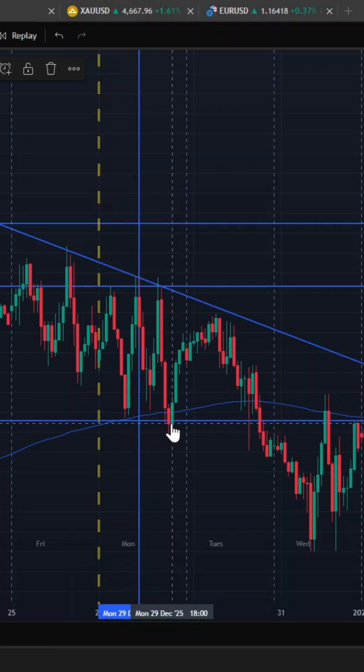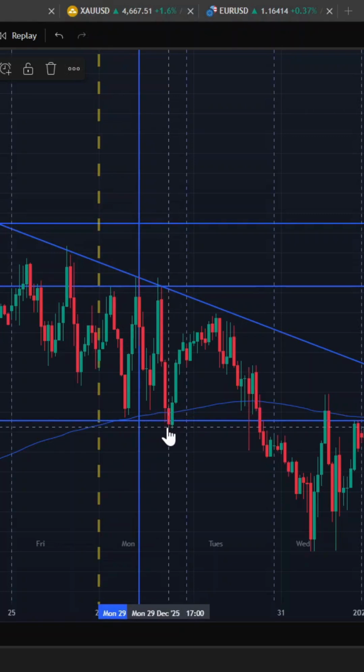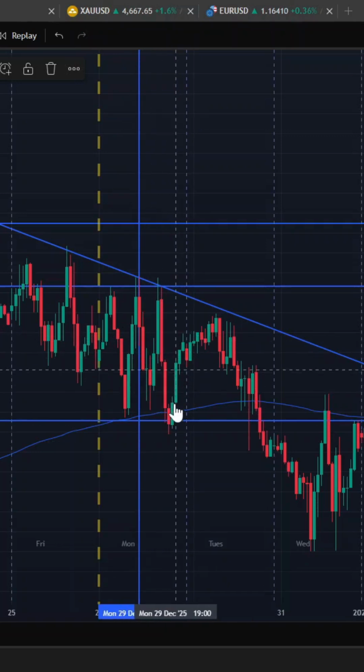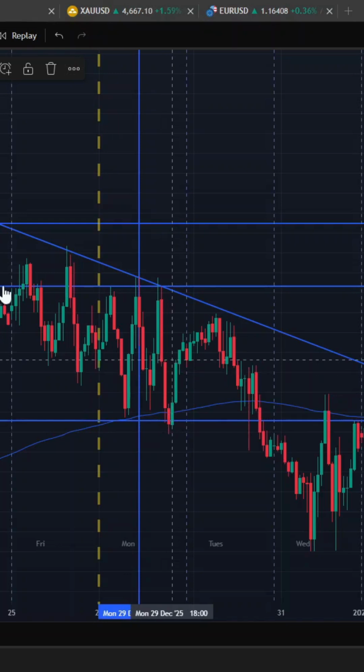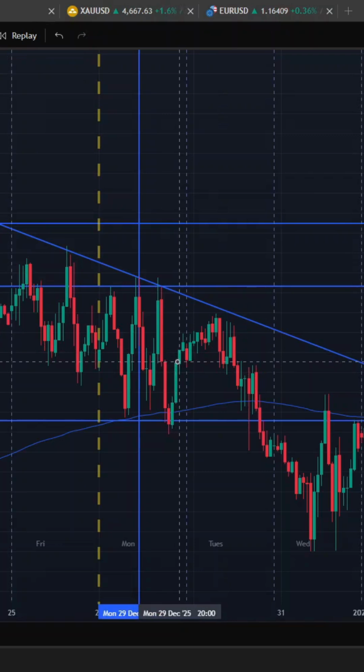After it broke and closed below all of these lows here, when it closed here, that is now a break of structure. Then the market went back up, and then you can take your trade. You can trade once there's a break of structure, and you can take your trade at the close of any FVG. Seeing that this is a short scenario, you would have taken your trade here,